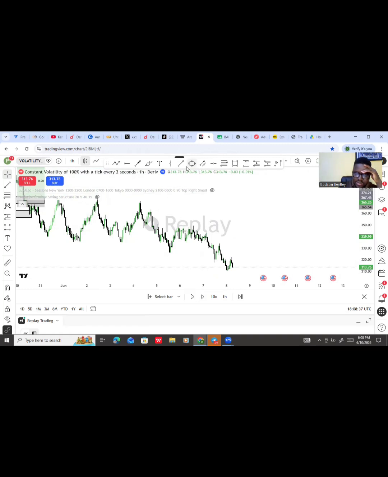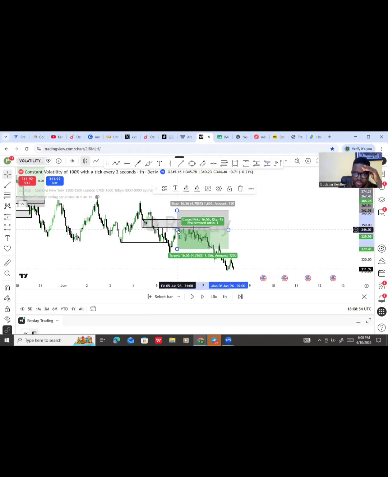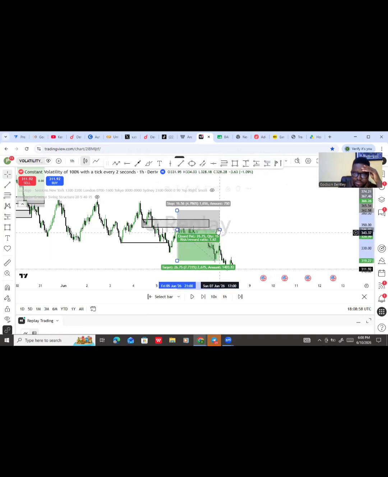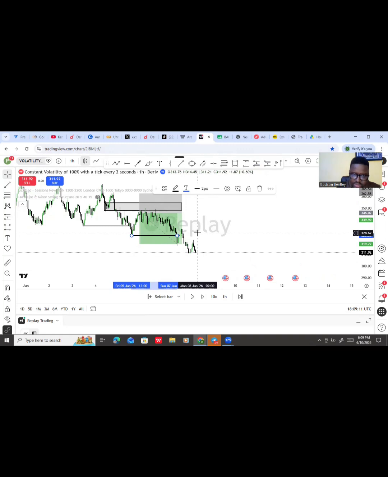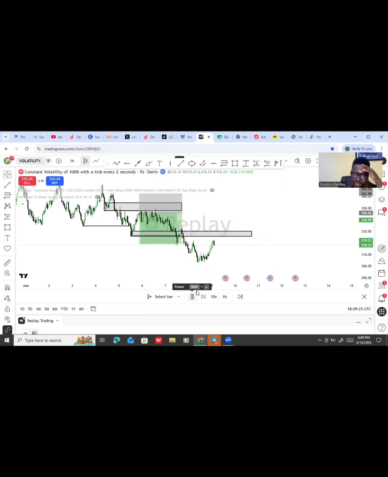Okay, so we had another one here after the break of structure. Okay, we would have our zone here. You can see we have our zone here. And here is where we take the sell. Okay, so we have another break here. Okay, so what is that low? That last low. Okay, so let's pick it here. Let's put it here. All right, let's see. I should tap and